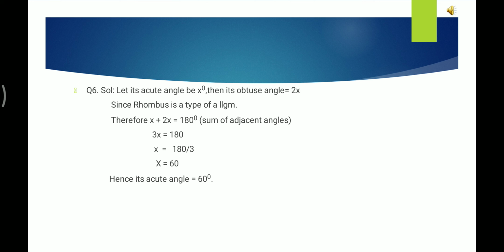With this we conclude today's lecture. I hope you all have understood the above discussed elements of rhombus, square and exercise 9.2 up to question number 6. This is what we have in today's lecture, and I hope you will practice the same at home to understand it in a better way.